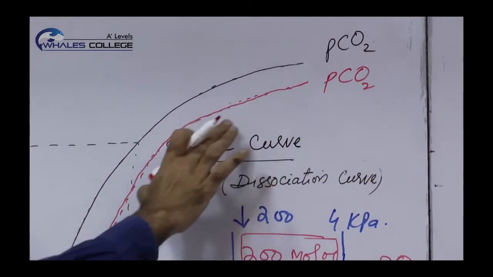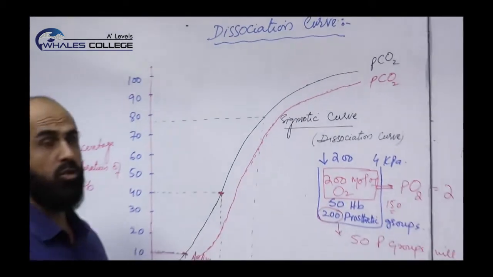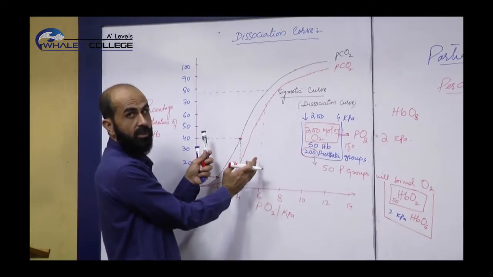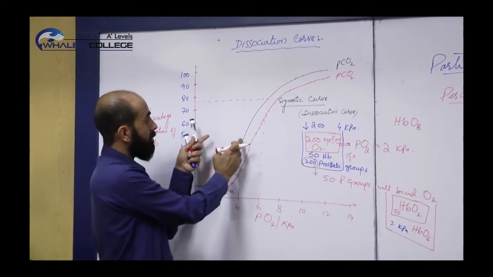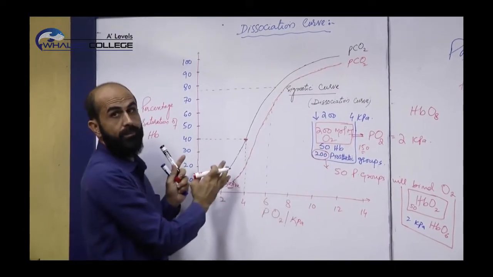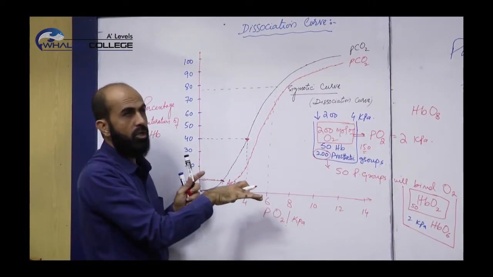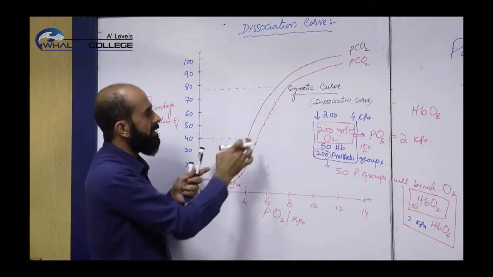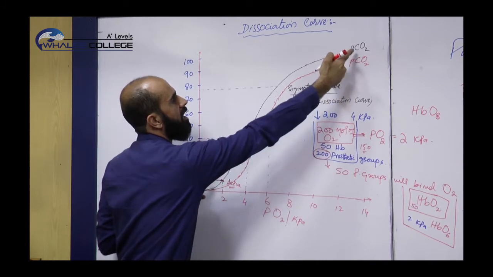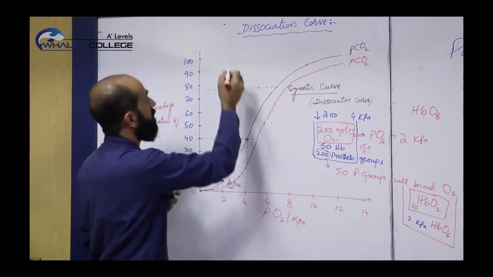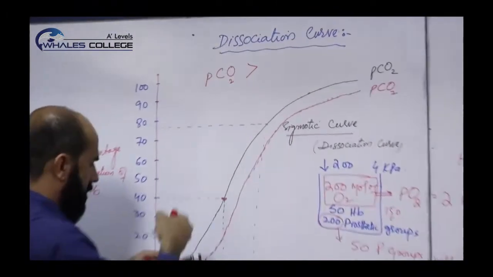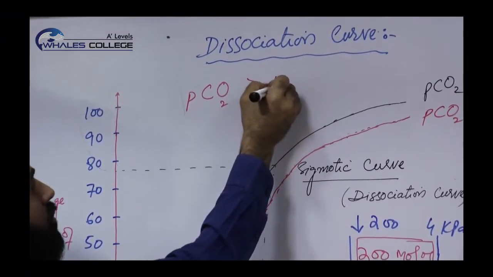So where should the partial pressure of carbon dioxide be higher and where should it be lesser? Which rate is faster, steeper? Of course, the black one. The black one is steeper, so it means saturation is high, because this is saturation. And the red one has lower saturation. So indirectly, the red one has a higher dissociation. So it means the partial pressure of carbon dioxide in the red one is higher than the partial pressure of carbon dioxide